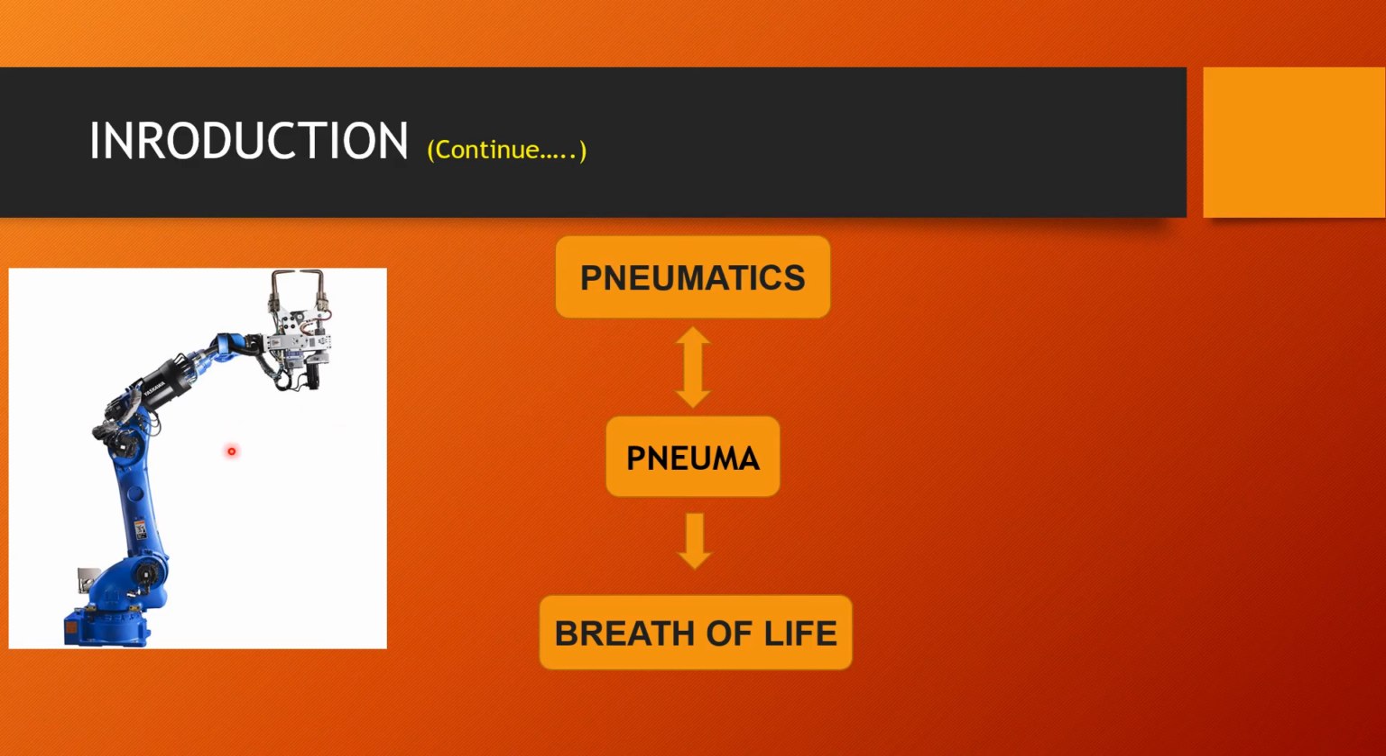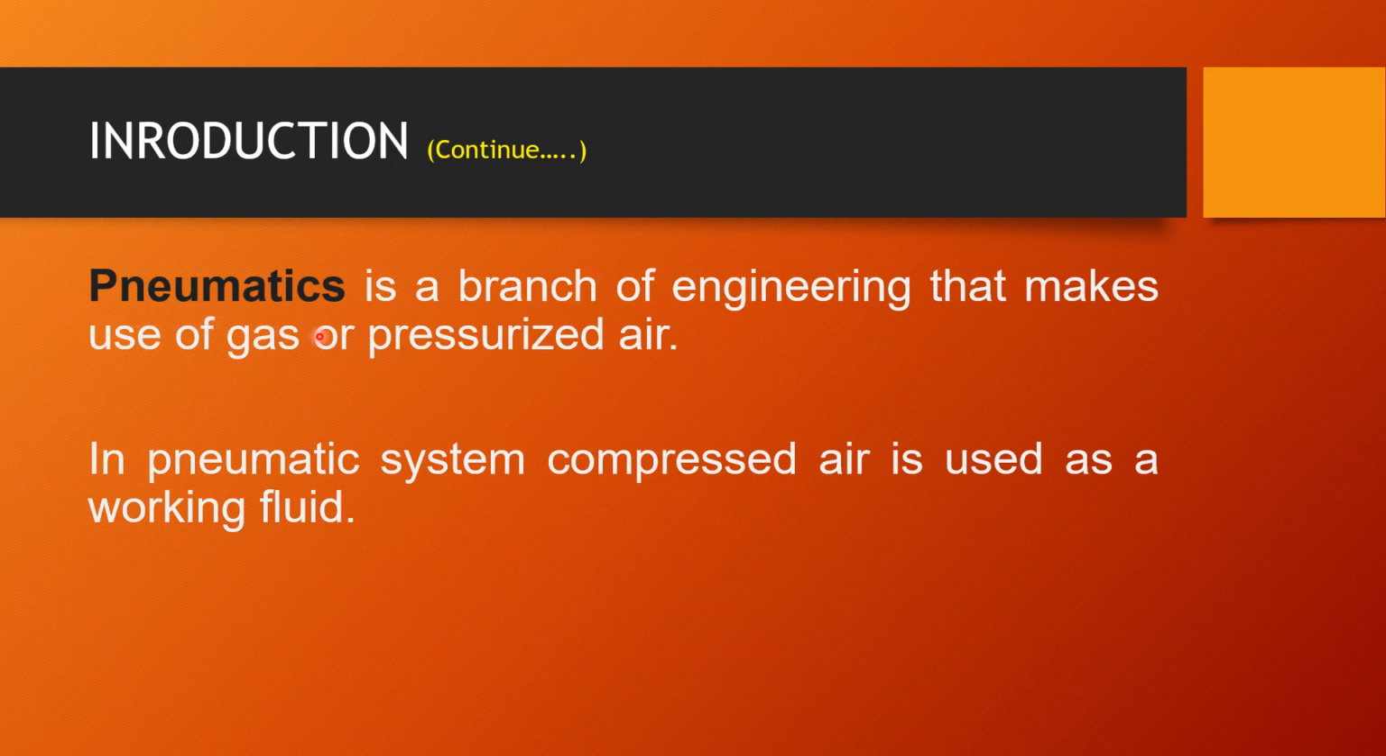Look at the picture placed on the left side of this slide. This is a robotic arm. In robotic arms, a pneumatic system is generally used. In robotics, electrical and pneumatic components play a significant role. This is the simple meaning of pneumatics, or say the definition of pneumatics. It is a branch of engineering that makes use of gas or pressurized air. Pressurized air is used as a working fluid in the